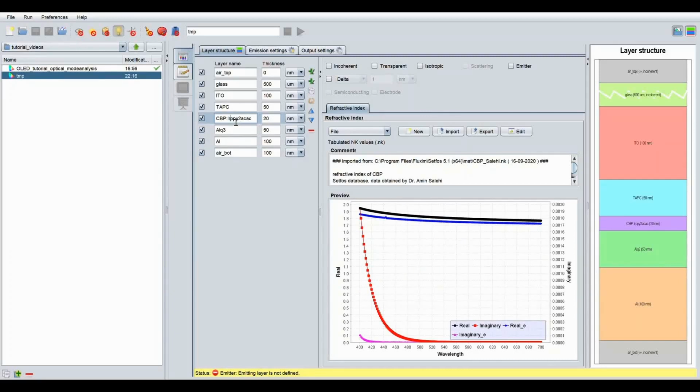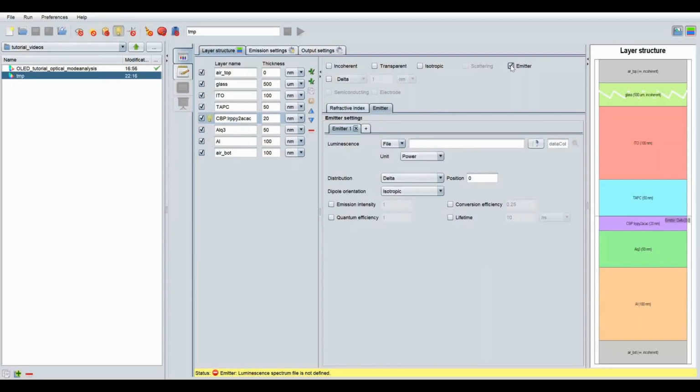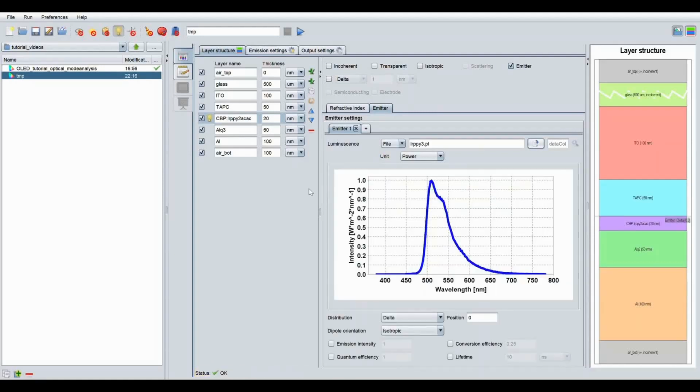Okay, next we have to specify the emitter. So we enable here emitter in the emission layer. And now we have to give the emission file. So this is the intrinsic photoluminescence spectrum. And we use this ARPPY3 spectrum.